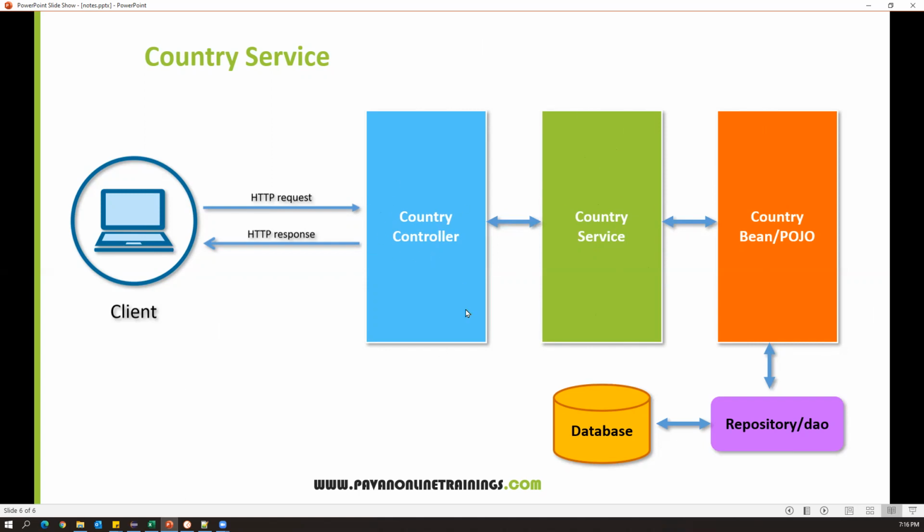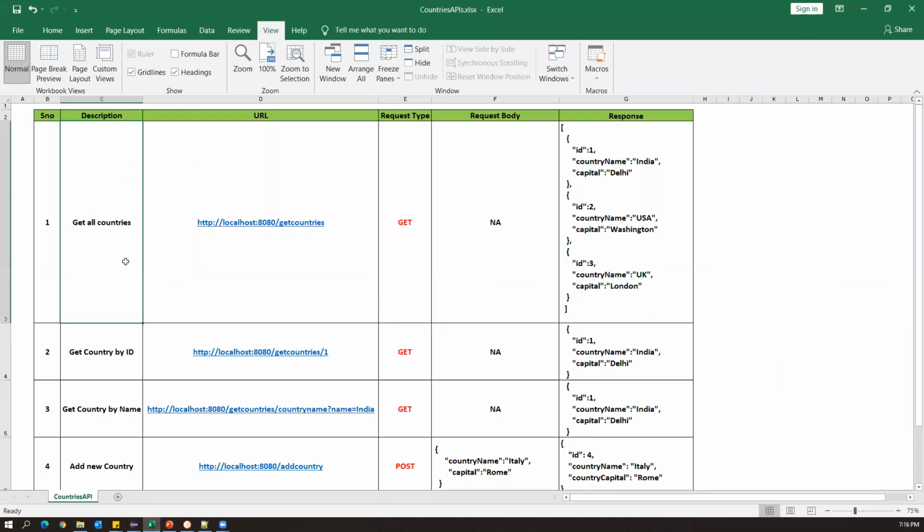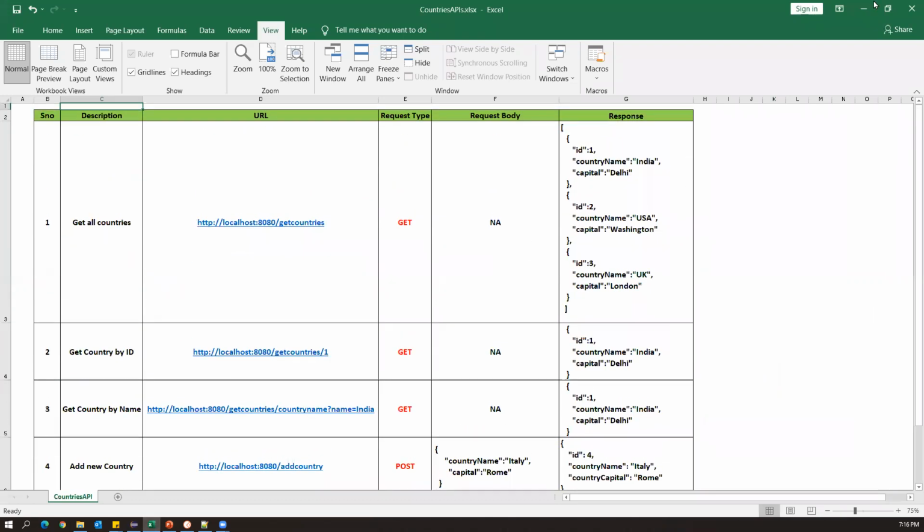Okay, so now let us go back to Eclipse, where we want to develop the service under com.countryservice.demo.service. As I already listed, the services it will provide are: get all the countries, get country by ID, get country by name, add new country, update country, and delete country. So these are the different services provided.